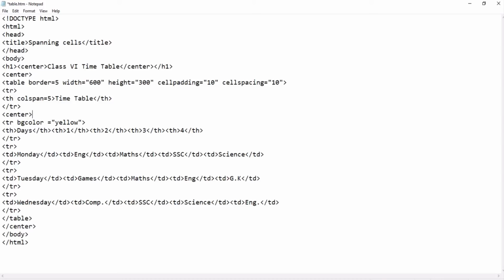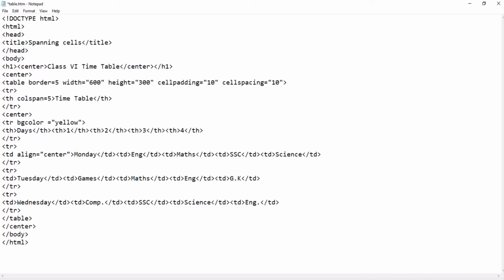And after that, I have to mention here the center data tag. Suppose I write align is equal to center.